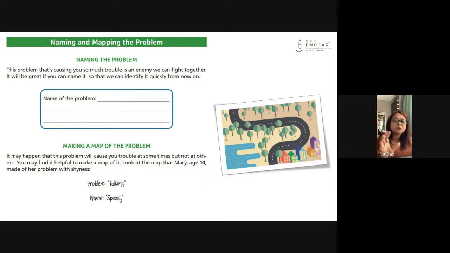So for y'all also, whatever your problem area is, just try to name it, maybe in one or two words. Okay, so name the problem. That's the first step which we are doing. If we take the bees example, it would be naming the problem as